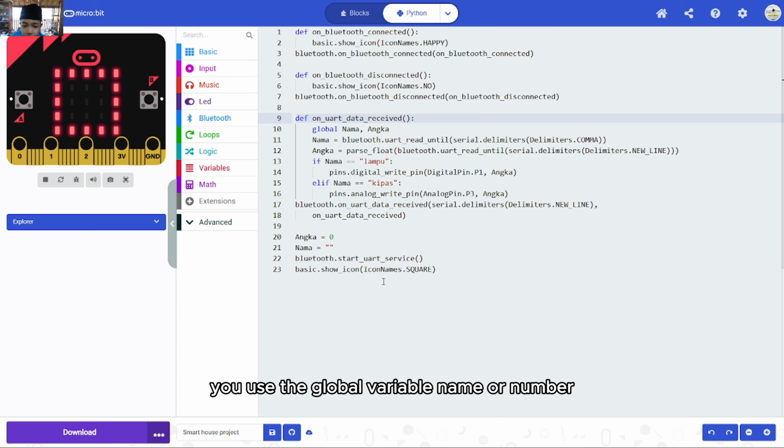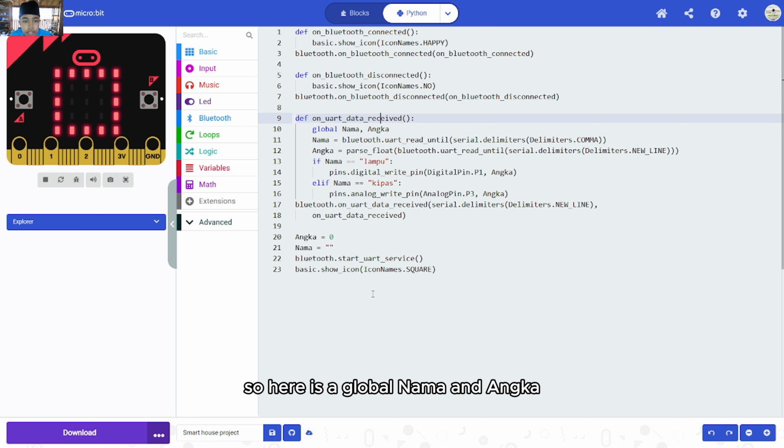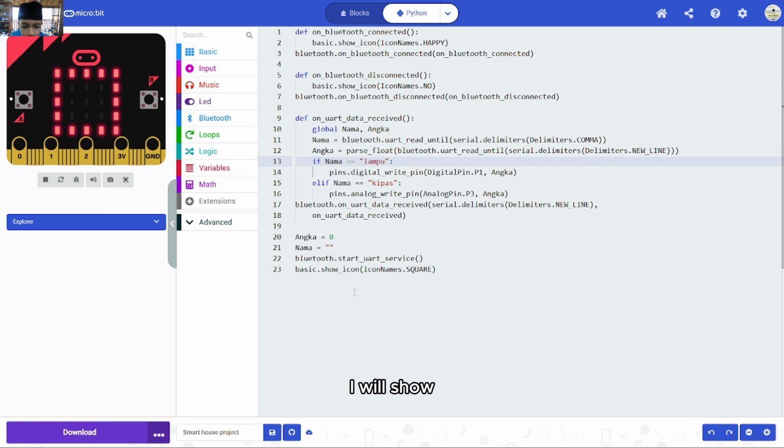It uses the global variables nama and angka. Nama is the type of command, and angka is the number that will be sent. The format is nama and angka.